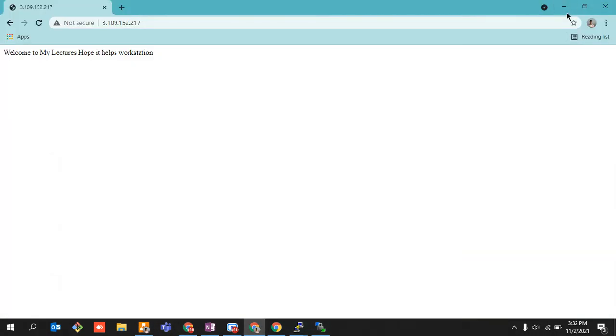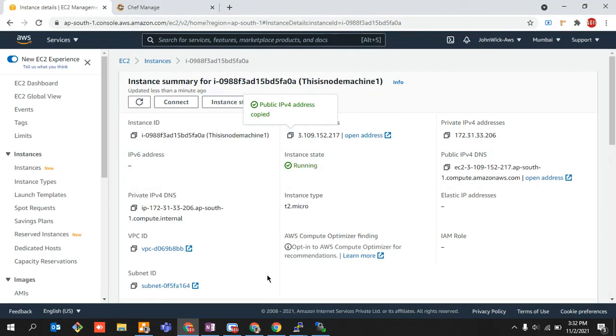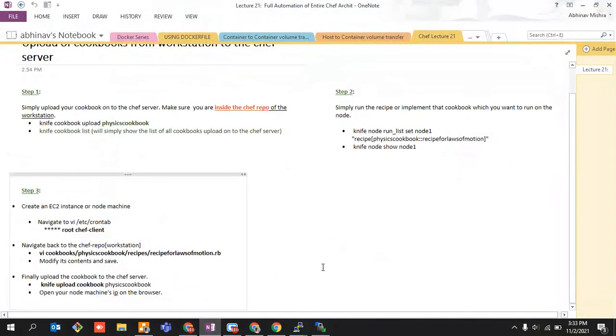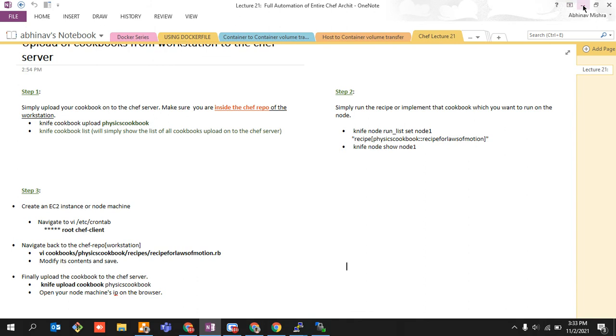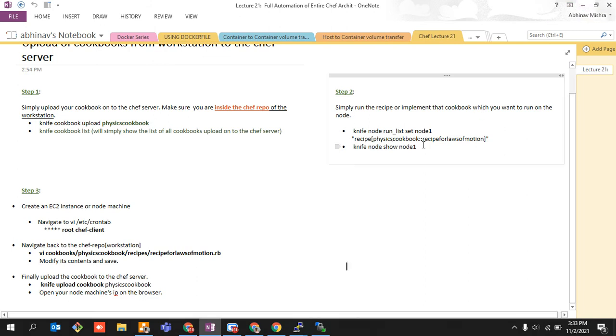Now just look at one more thing. You'll like it, because that needs to be told to you guys. Go back to your chef repo workstation, modify the content and save, and again upload it, right? This time you'll see the real automation. This time it happened because I just connected it and added it into the run list, and then it checked within this particular time frame that there is some updated code, and it installed it. You guys were not able to see exactly what happened, but now it will make sense.